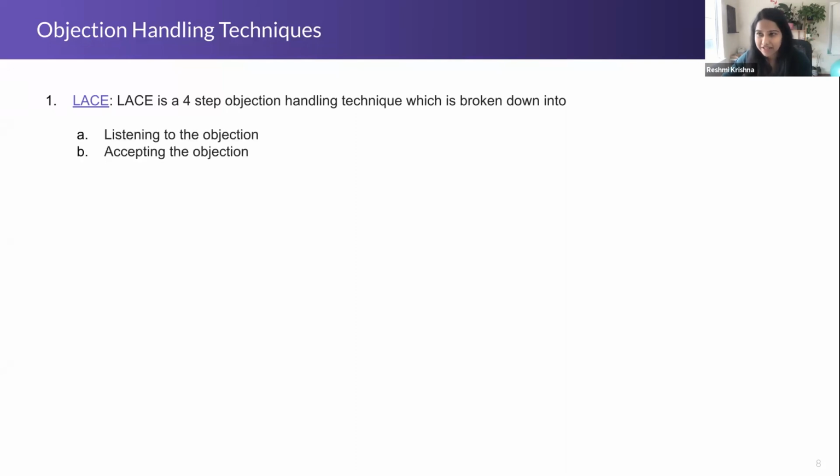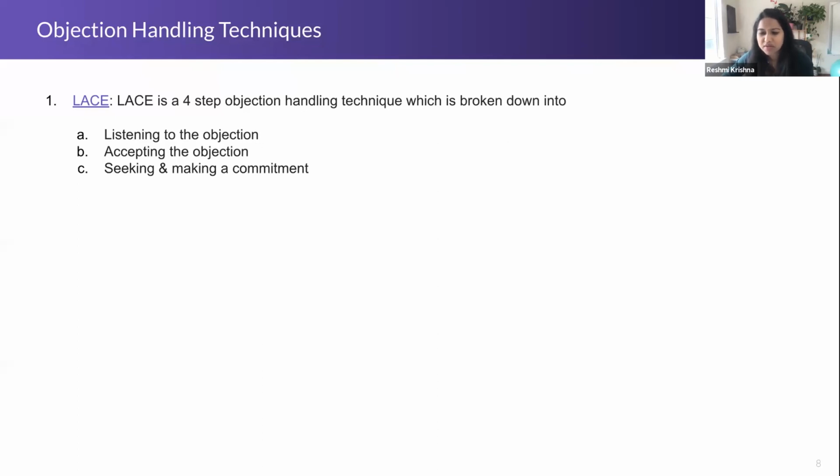again, listening, active listening. The second is accepting the objection, acknowledging. One of the things you will see, and this is also in real life, right, is that when you accept or acknowledge the person's objection, they feel less defensive. Then they are more open to discuss where the objection is coming from and what the core of the objection is. The third is seeking and making a commitment.